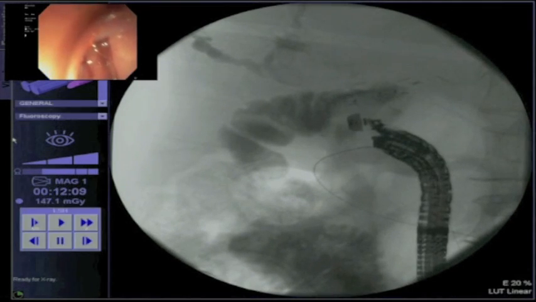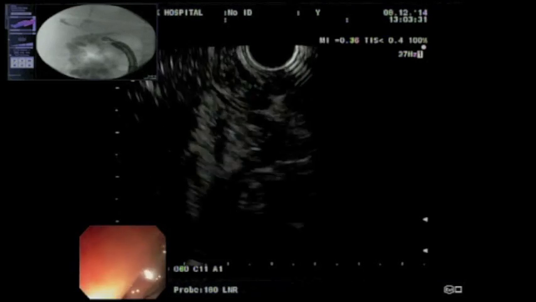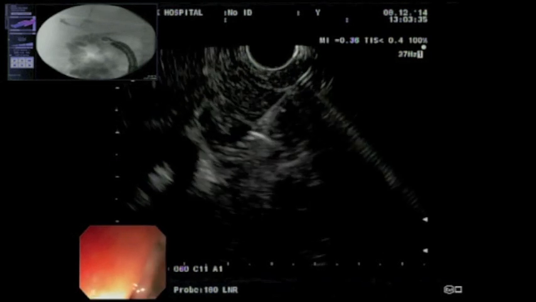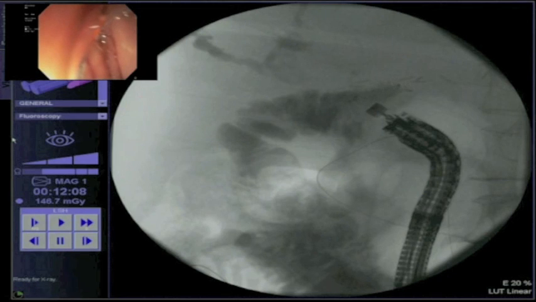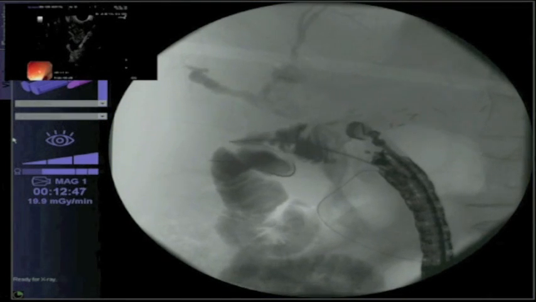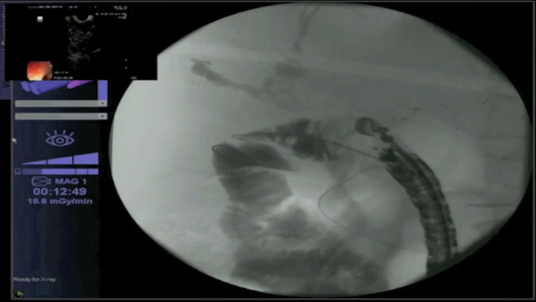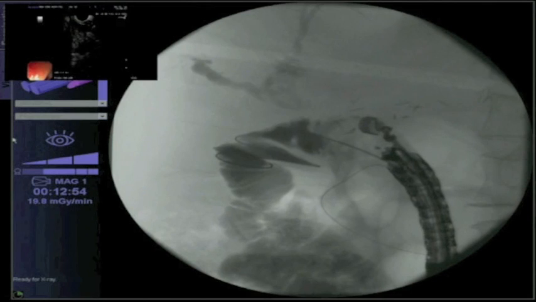The echo endoscope was then repositioned and the opacified small bowel loop was identified. A 19-gauge needle was used to puncture the loop of bowel. Contrast injection confirmed location within the desired small bowel loop. A 0.035 hydrophilic guide wire was advanced through the needle and coiled within the loop of small bowel under fluoroscopic